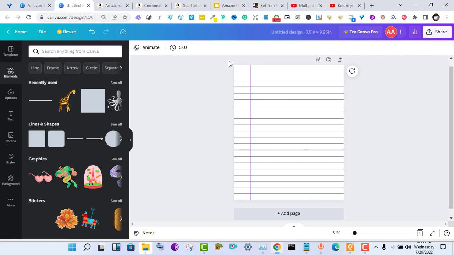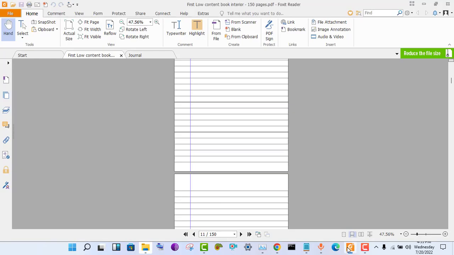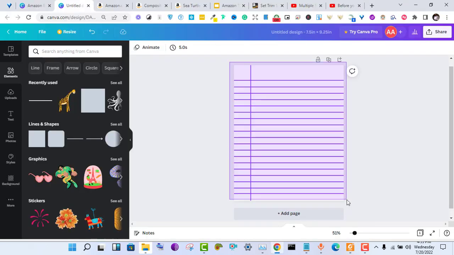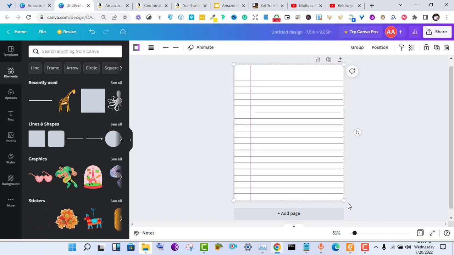All you just need to do is duplicate this page and make it 50 pages, so I can have 150 pages. Okay, so how do you do that? Just highlight everything and click on group. So you can see it's grouped now. Right now we can start duplicating this page. So click on this button, duplicate page,